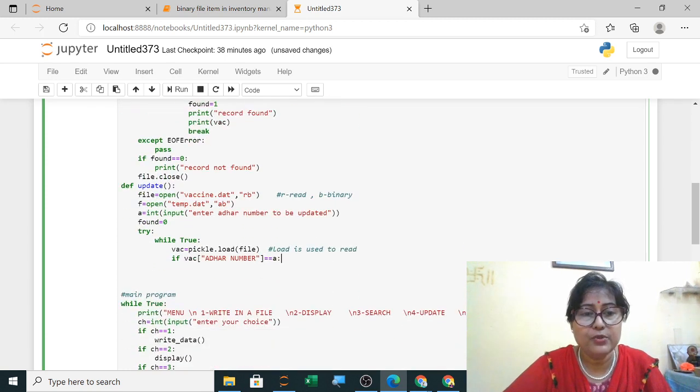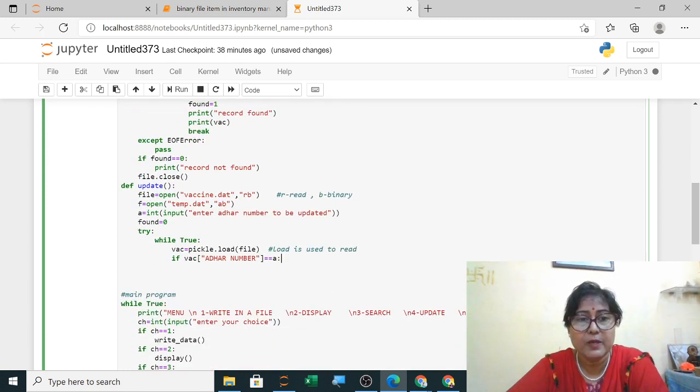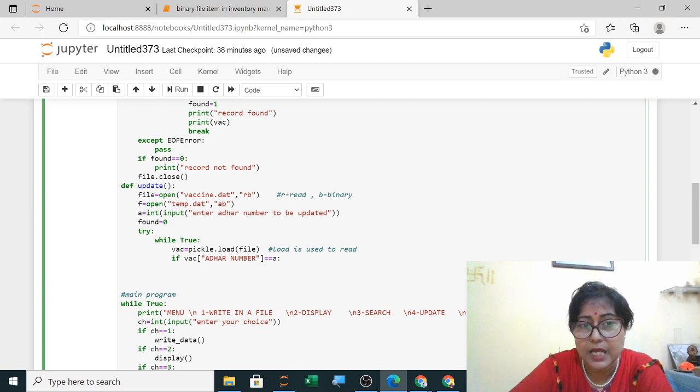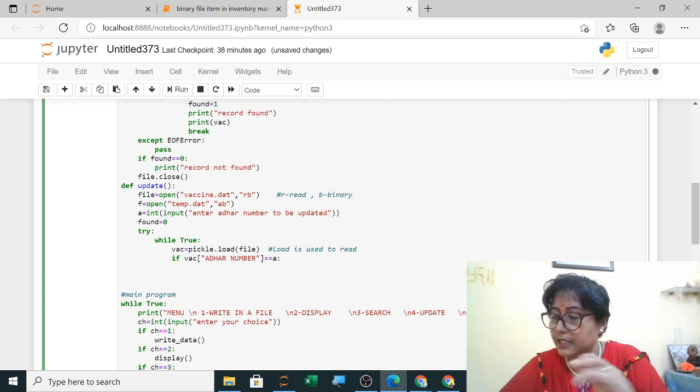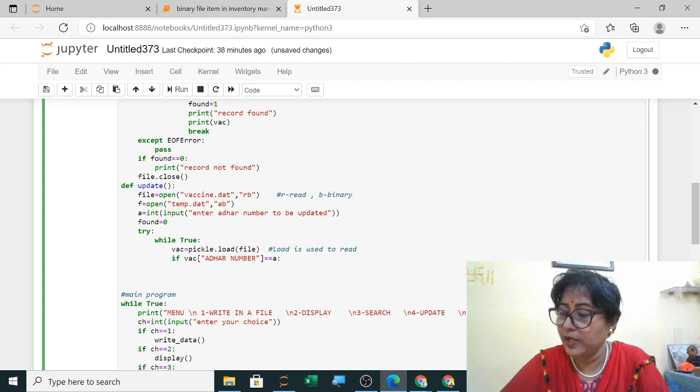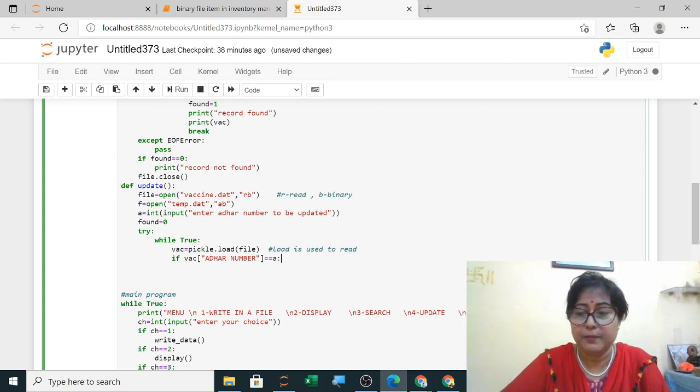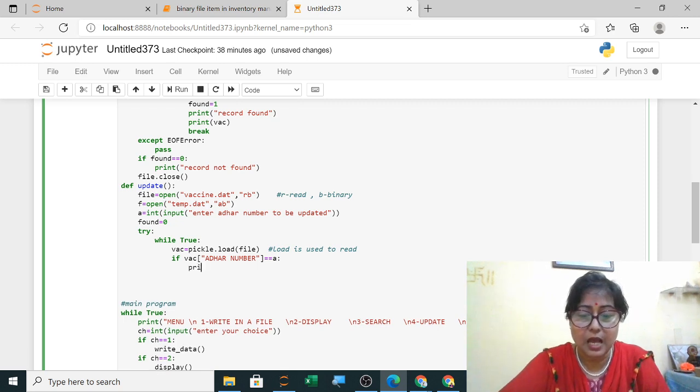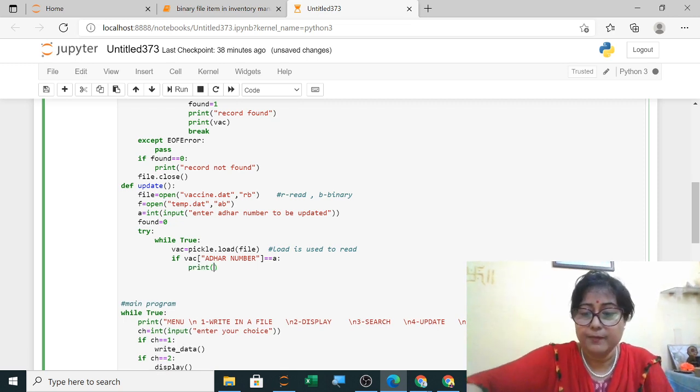So I have used here which record is to be updated, then found equals 0, then in the try block, while True, I am loading and checking which Aadhaar number is to be updated. After that you will ask to enter the new details. Now you will ask for the new data.